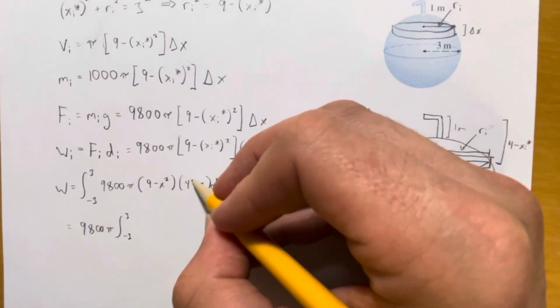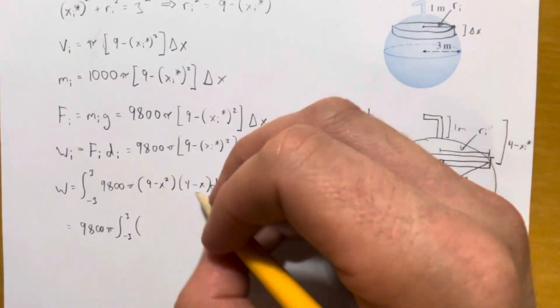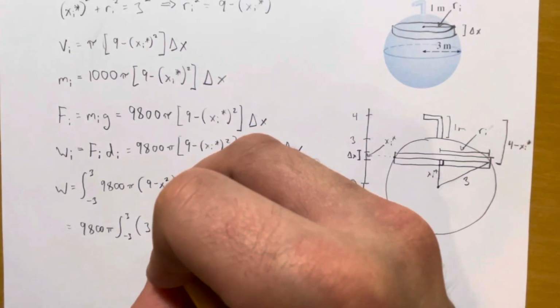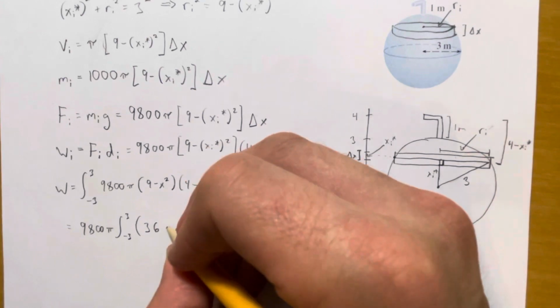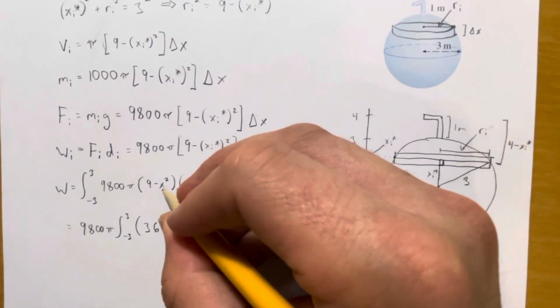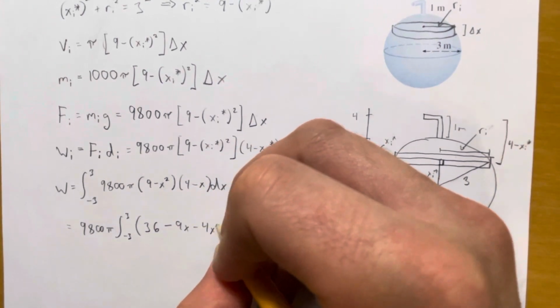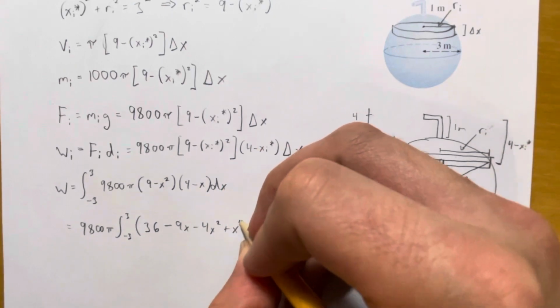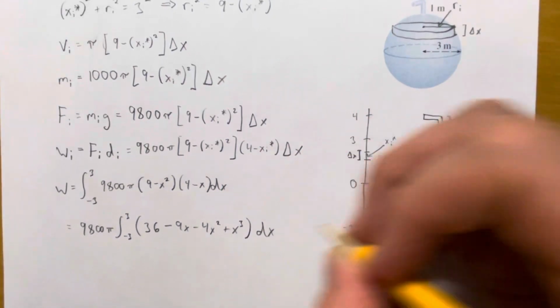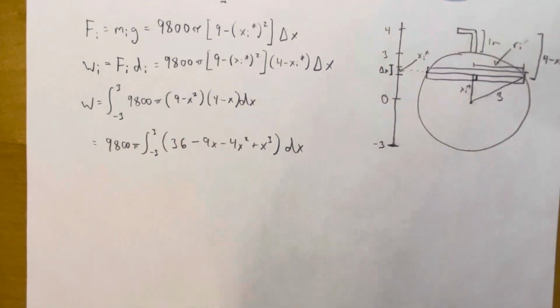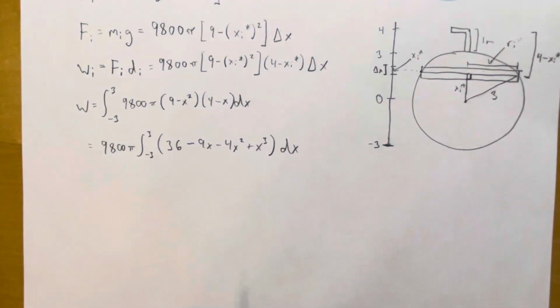And then I should distribute this out. So if I multiply things out, 9 times 4 is 36. 9 times negative x would be negative 9x. Then I have a negative 4x squared and a plus x cubed dx. Now you can go straight to finding an antiderivative of all of this and working things out, but I want